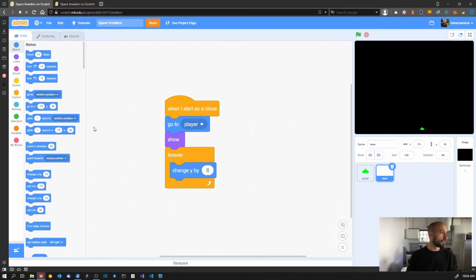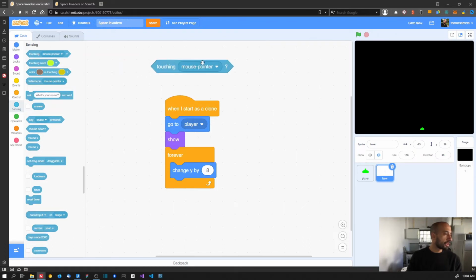We have two different ways. We have the touching an edge block, and we could use this because this fires every time an actor touches one of the edges, and since we are shooting the laser always from the player position and it goes up only, it will only touch the top edge. But I had some problems implementing this. I remember now that when I was implementing the game, it didn't work every time, or it didn't work properly in conjunction with other conditions that we are going to add after, because we're going to need to destroy the laser